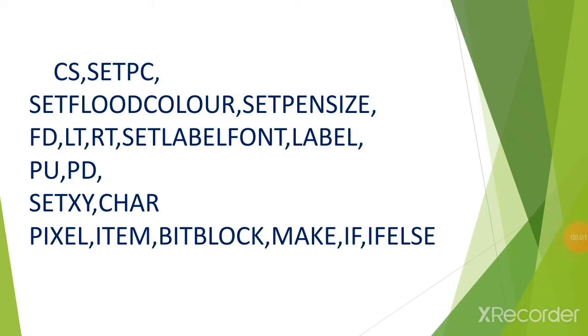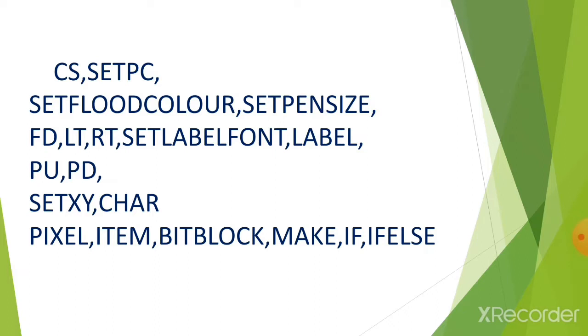So here are a few commands to know that we used in the procedure to build a game. In these commands, we already learned some in our previous classes like CS, FD, LT, pen up, pen down, and set pen size, pen color. So these commands we know already. But other commands like set flat color and set font, label, set XY, char, pixels, bit blocks, if else, we have not yet covered, but we are using them in the procedure